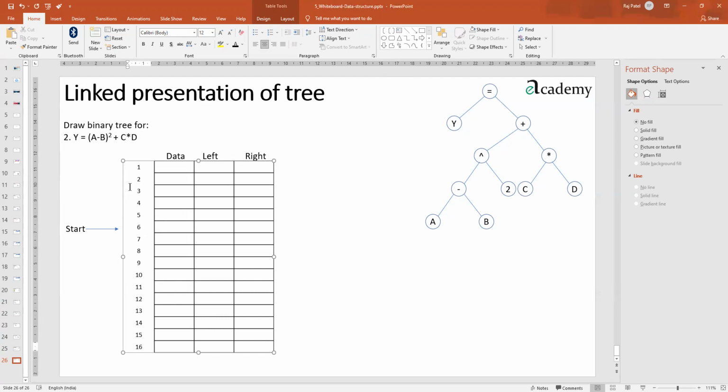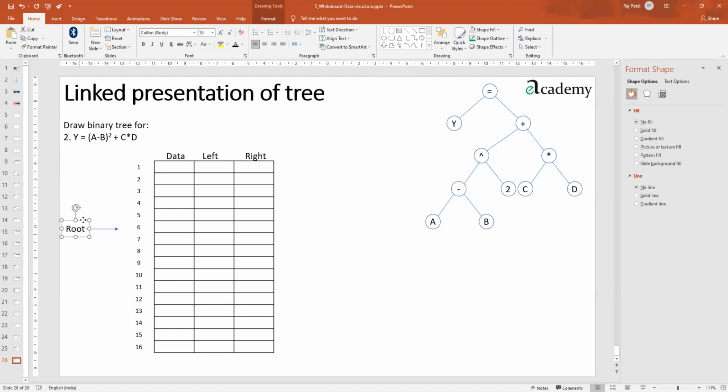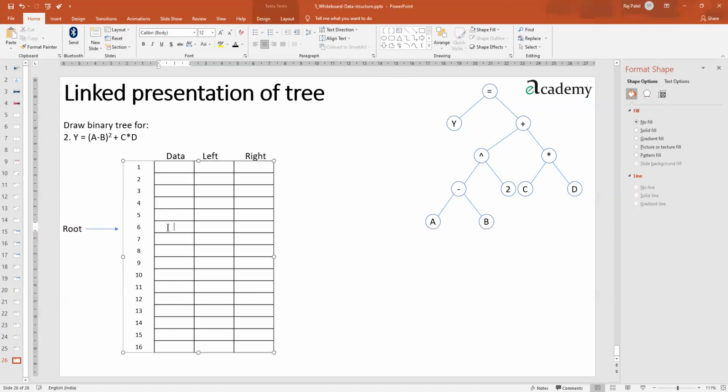So we can say this is a root node. We can choose any root node and go on doing this. Now if this is your root node, what was the information in that? Equal to sign, and you have to take a left and right side. Let's say for the left one, you take box number 1, and there you write y over here.